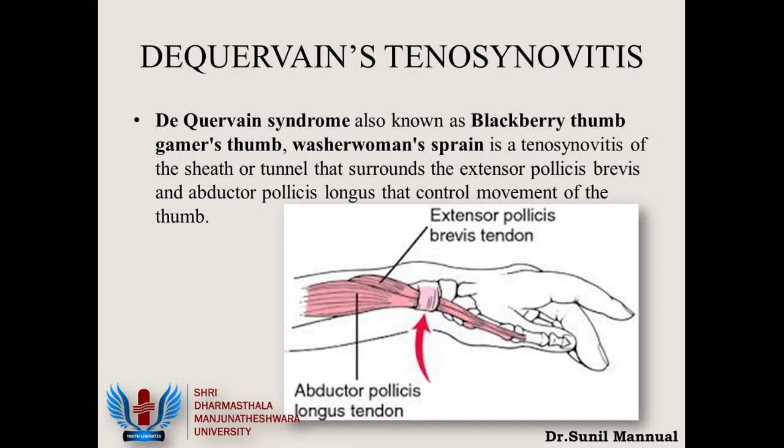So all these tendons have got a sheath through which it is passing, and that sheath was inflamed. So that was tenosynovitis, and over a period of time the sheath has now contracted, or the tunnel through which the tendon is passing has contracted, and that causes a stenosing effect. Similarly, de Quervain's tenosynovitis is also a stenosing effect of the sheath of the first dorsal compartment through which the extensor pollicis brevis and the abductor pollicis longus, both these tendons are passing.